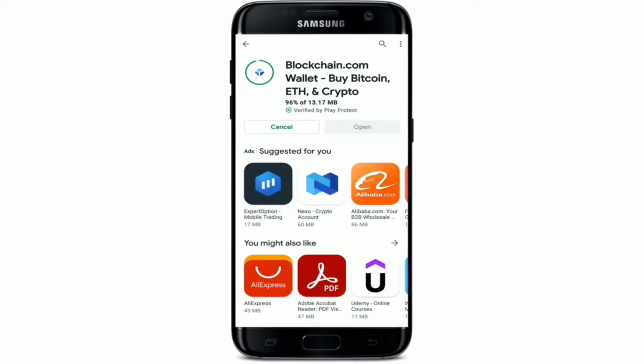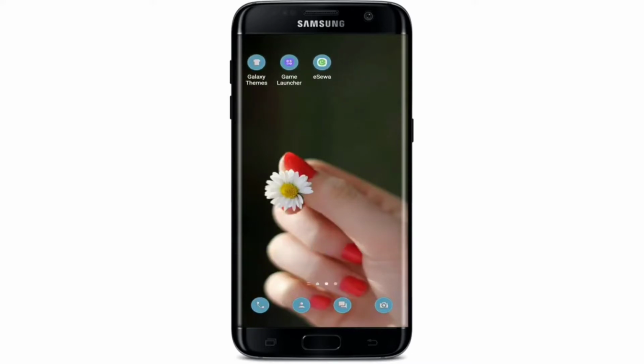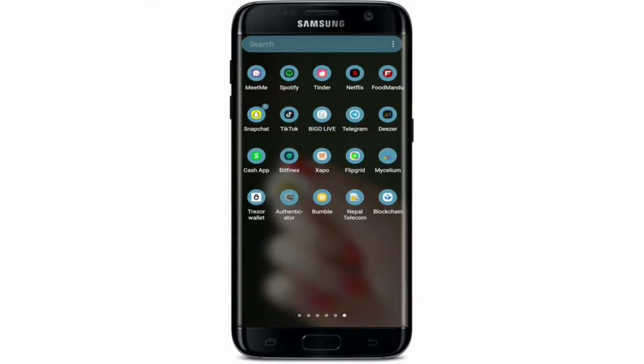device. Blockchain wallet is a cryptocurrency wallet and a cryptocurrency exchange supporting Bitcoin, Bitcoin Cash, and Ethereum. It also provides Bitcoin data charts, stats, and market information. Once the download is done, wait for it to install on your device, and after installation, you'll be able to open the app by tapping on the open button. Also, you'll be able to find the application in your app drawer as well, as you can see it right